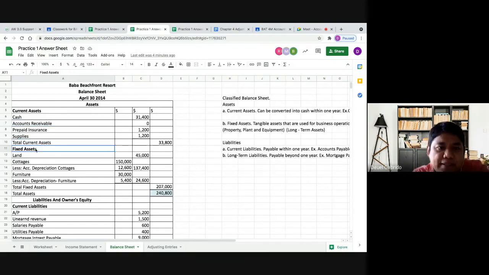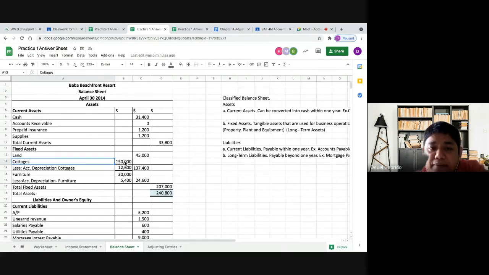Let's go to fixed assets. Guys, this is how we present it. Okay, land. Put it in the middle because there is no depreciation given. Just put it in the middle. Now, for the cottage and the depreciation of the cottage, look at how I put it. I typed it in the first column,